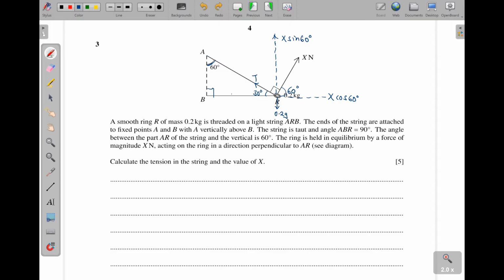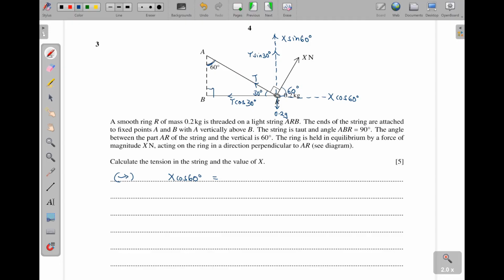So this will be closing, so I will have t cosine of 30 degrees. And then I will also open it here, then it will be t sine of 30 degrees. So those are my forces which are acting on the ring. Now, resolving forces horizontally, since the system is in equilibrium, there is no resultant force in the horizontal and the vertical. In other words, the forces going this way are equal to the forces going this side. So we are going to have x cosine of 60 degrees is equal to